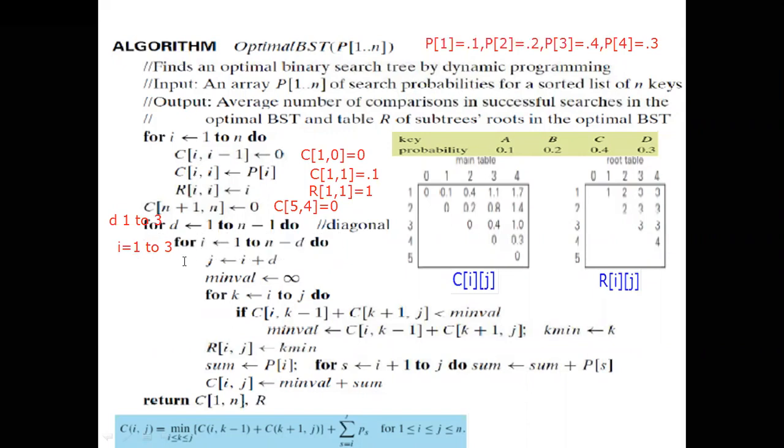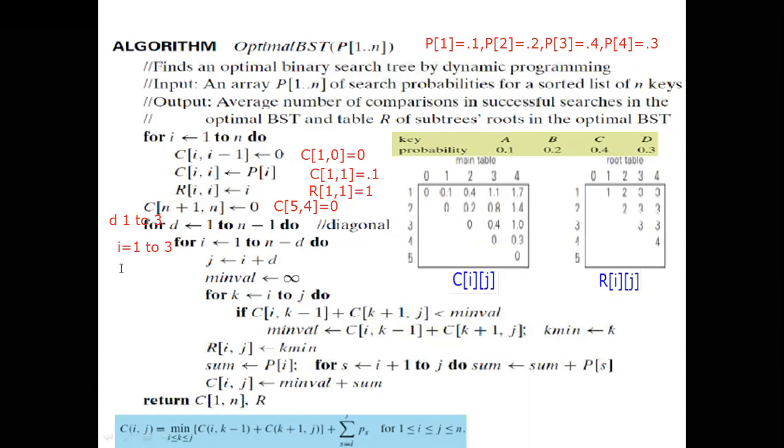What is the meaning? I is equal to 1, 2, 3 means in the first D, what it is doing is this third diagonal. In that third diagonal, we have three values. That is the meaning of this one. First three values you see here: 1, 2, then 2, 3, next one is 3, 4. For calculating each value, one loop will execute. That is why 1, 2, 3.